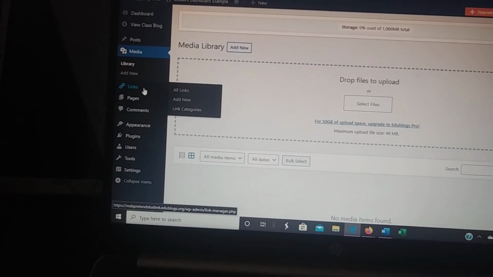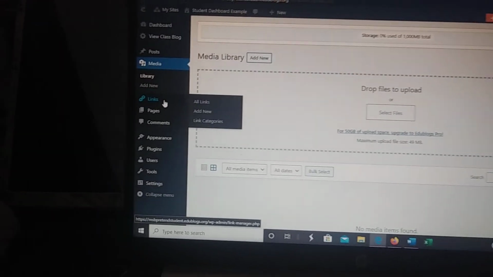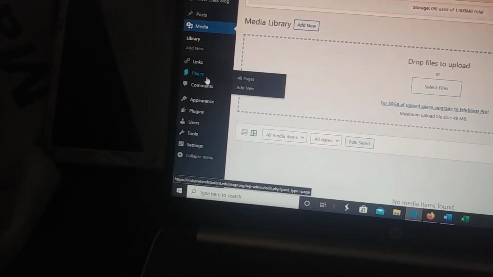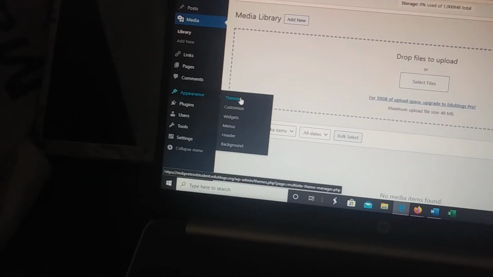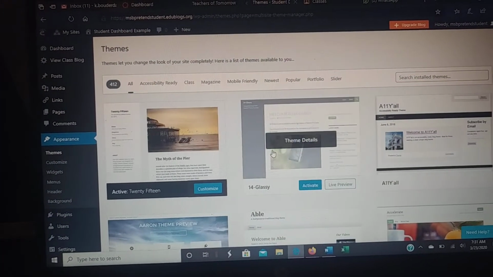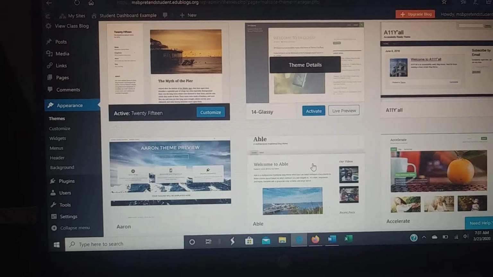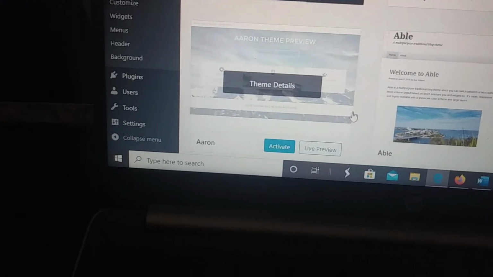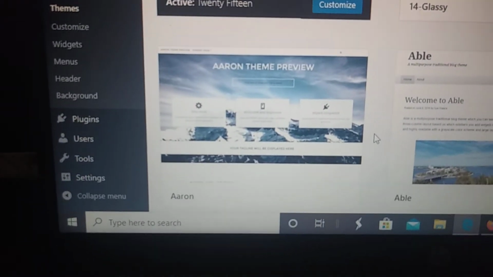These are your personal pages. You can add links to things that you find interesting. You can create a whole new web page that you want to do. You can edit its appearance, its theme. You can pick how you want it to look. Maybe I want my blog to look like this. I'm going to click,